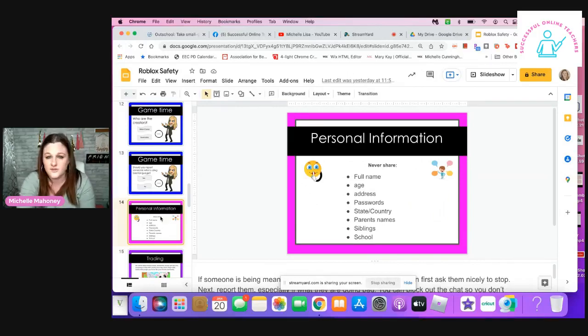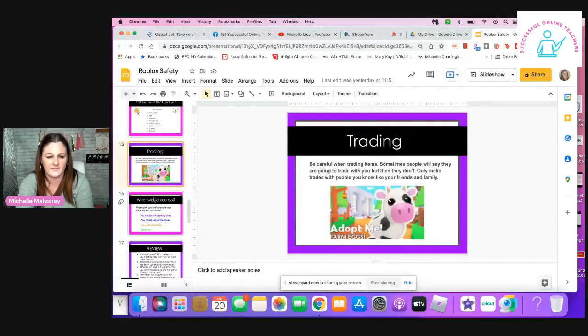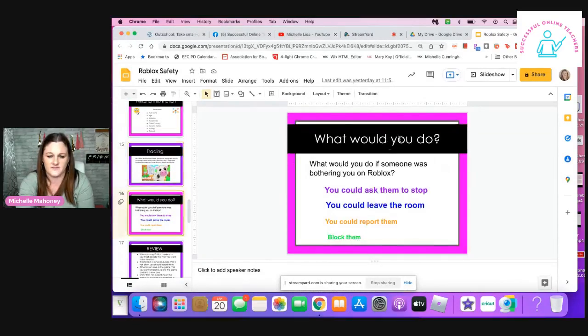I always say this is the most important thing we're going to talk about today. We talk about that. Then we talk about trading in the game. This one is an interactive slide. You can see all these here, but when I'm actually presenting, these answers are not here. I have to click on the screen in order for them to appear, which again, I can show you exactly how to do that. So all they see right away is what would you do if someone was bothering you